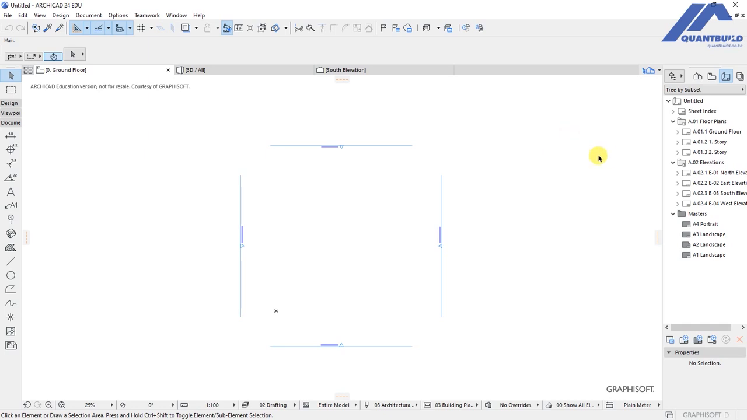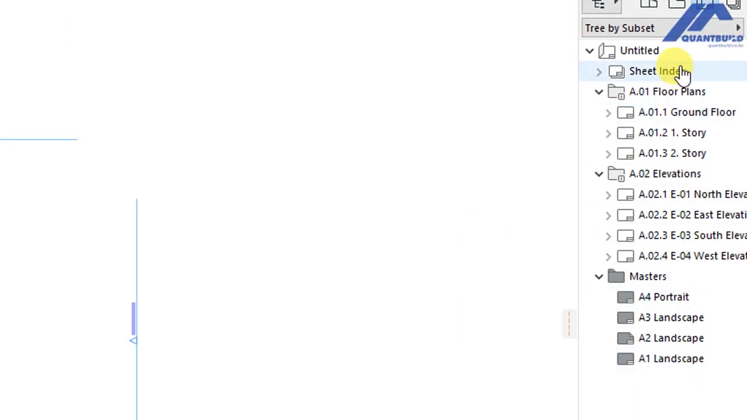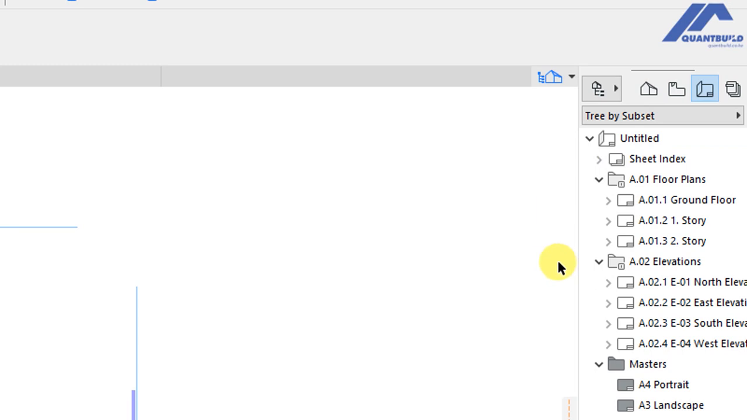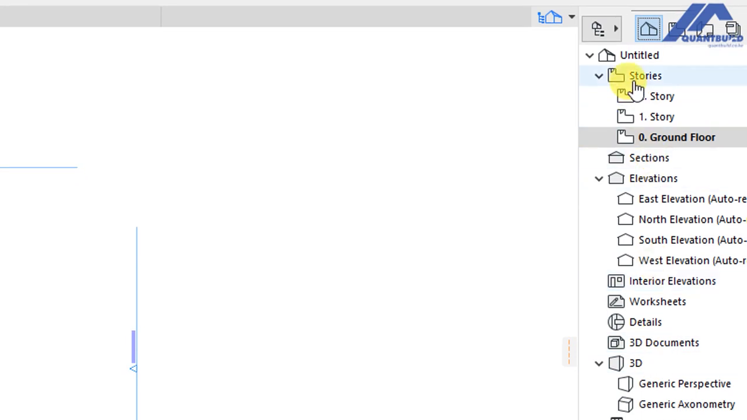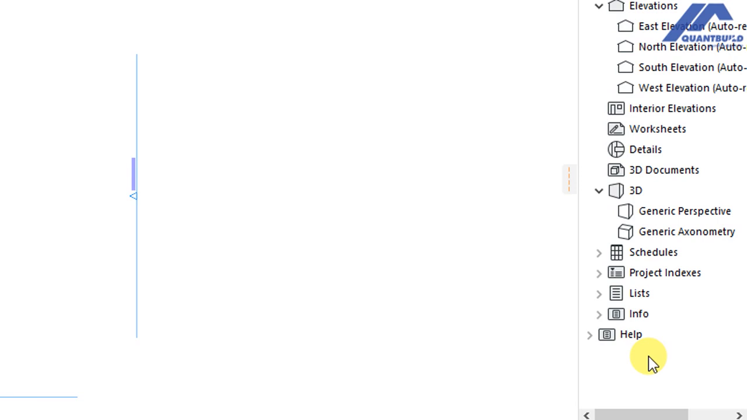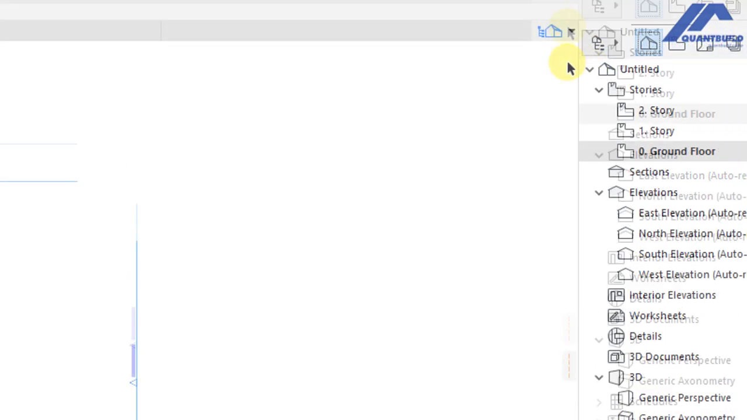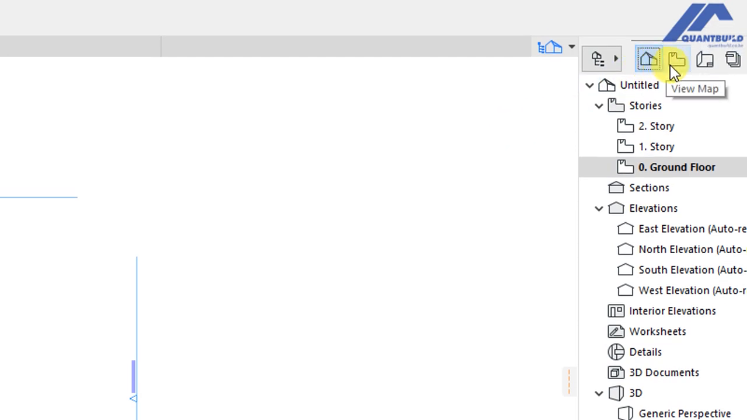To the right of the graphic screen, we have this here, which is called the pop-up navigator. This pop-up navigator is the one that displays the project structure. We are able to jump from one elevation to another. We can move from one story to another story. We can move to interior elevations. We have worksheets, details, 3D documents, schedules, project indexes, lists, and other information. So that is found under the pop-up navigator, which houses the project map. We have the view map, the layout book, and the publisher sets